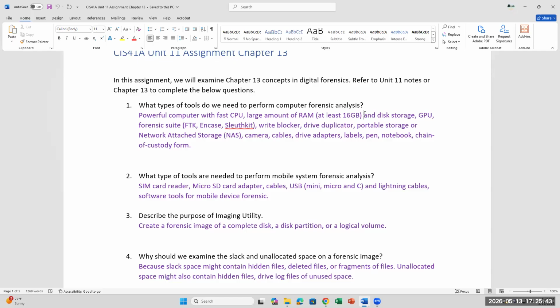right? Sometimes more. You need to have a good internal drive, like a solid state drive, that allows you to run the operating system. The RAM, the CPU, and the disk storage allow you to run more powerful applications. When we perform forensics, we utilize a lot of resources to scan the data set. And the data set really consists of images that you create, and we'll talk about it more in the later